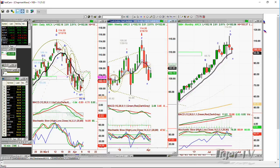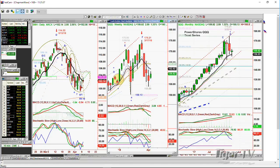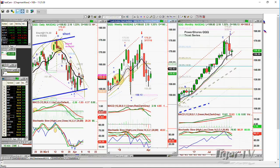So, okay, QQQs, let me just give you parameters. QQQs should try to hit 104. I didn't mean 104, 164. Nah, I don't know if I can get to 164. I already have a target of about 161 to 163 as a counter trend bounce. And it might not even be as strong as that because really it's in the Qs that you're seeing the most